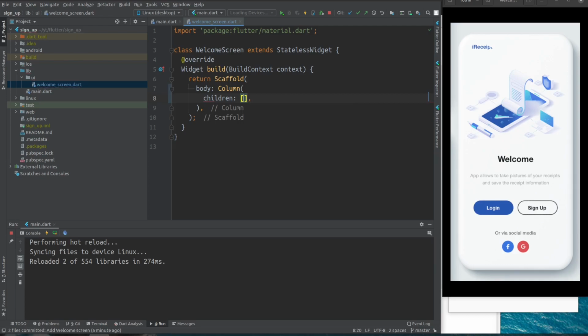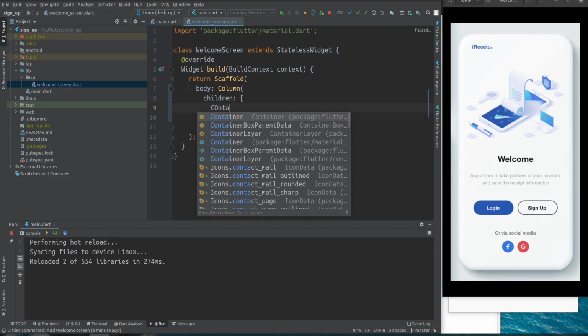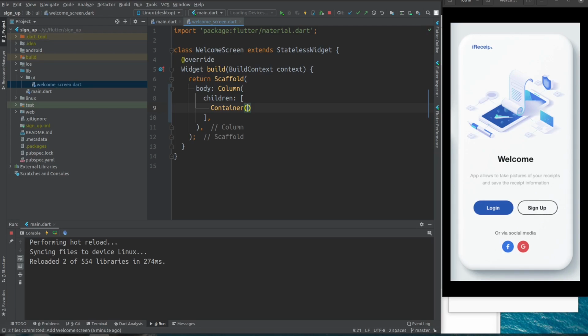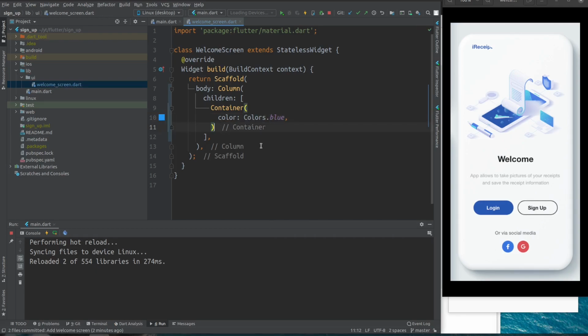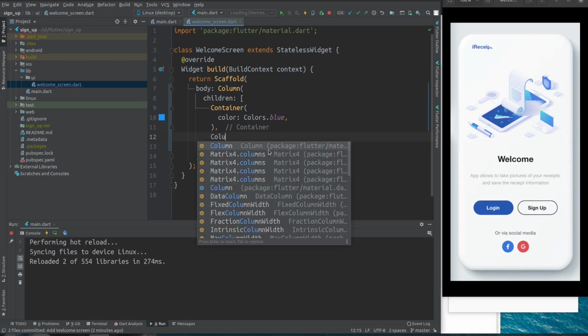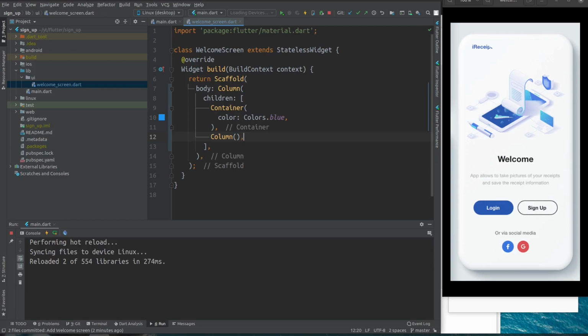With children, and the first child will be the image, but for now we can use a container. Let's give it a color so it will be visible. So blue. And the next child will be another column with all this stuff inside. So inside this column we have text, text, row with buttons, text, row with buttons. So let's do that. Children, text,